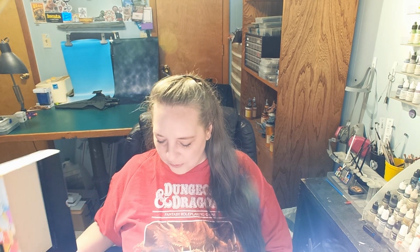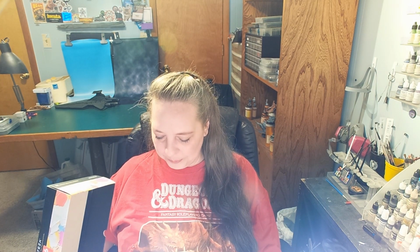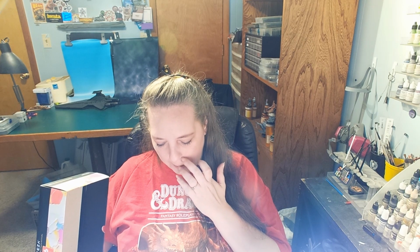Okay. So, I have never used these. I have never used any gouache, and I don't even know how to use them. But, we've got these nice big artist's tubes. So, I'm kind of hoping these will be the medium between